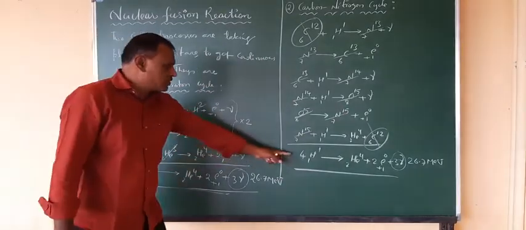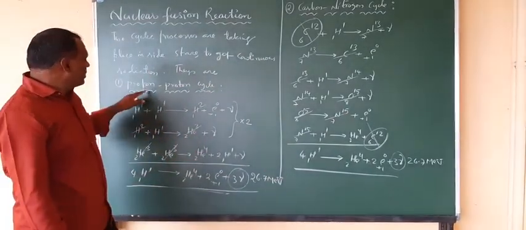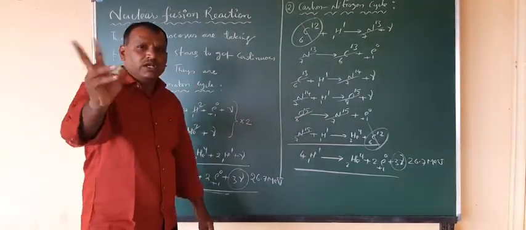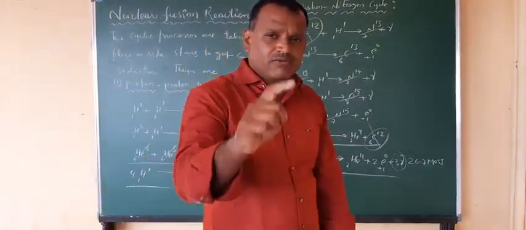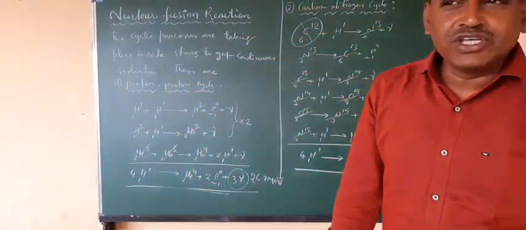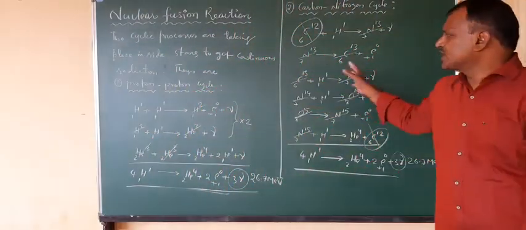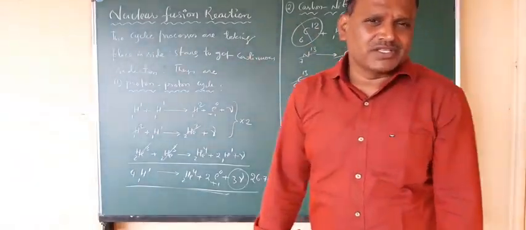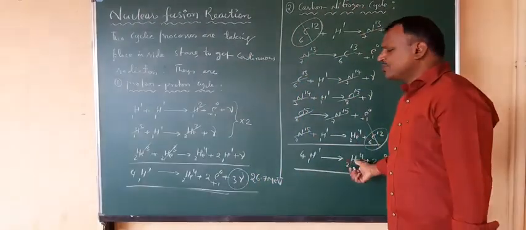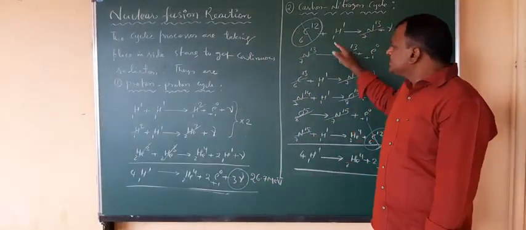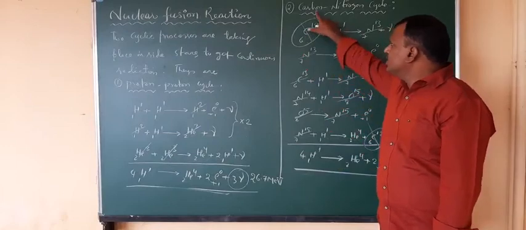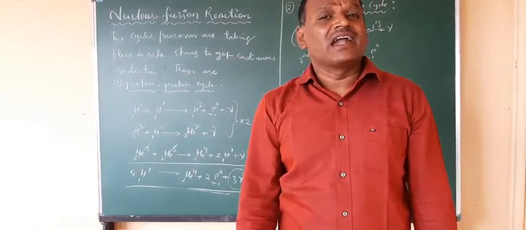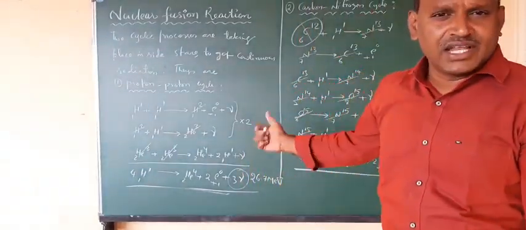See this one and this one. Maybe the process is different, but the result is the same: conversion of hydrogen to helium. 4 protons are fused together, forming a helium nucleus along with energy. We see these two cyclic processes in the stars, where nuclear fusion reactions take place. In this one, carbon and nitrogen are both used as a catalyst in that cyclic process to make it take place.